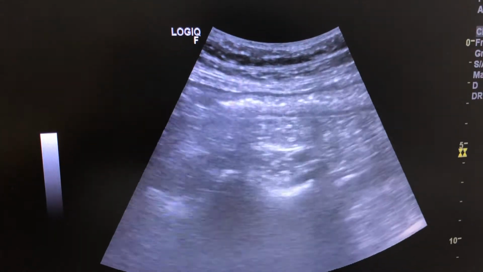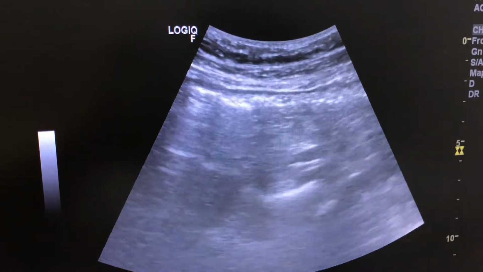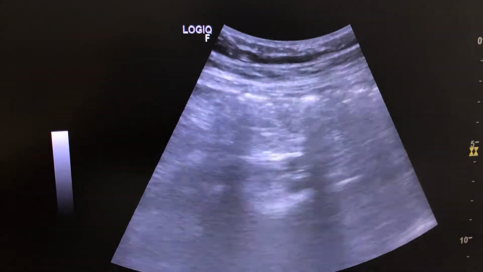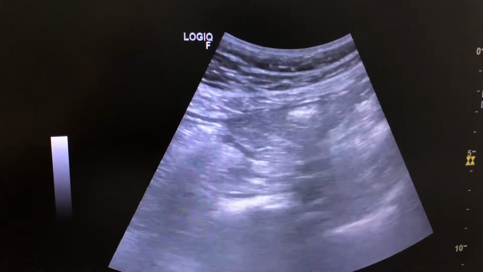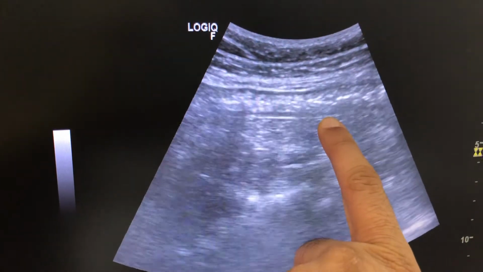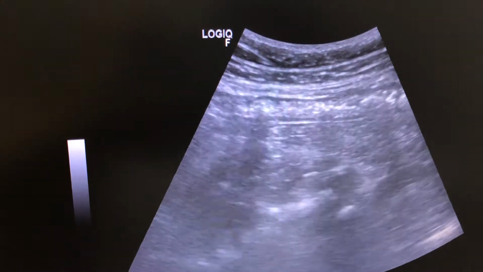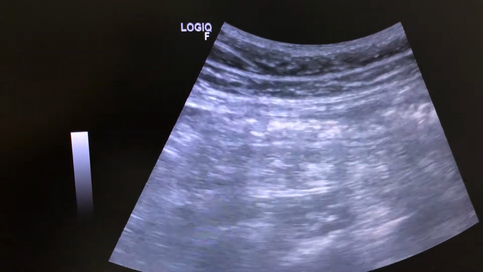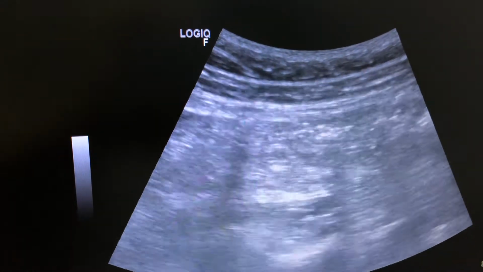It is advised to scan the descending colon with this kind of picture by the convex probe, because you can get the overall gross appearance of the colonic anatomy. Sometimes, if there is any diverticulum or epiploic appendagitis-like diagnosis, you can see in diverticulum at this margin some polyp-like structure.